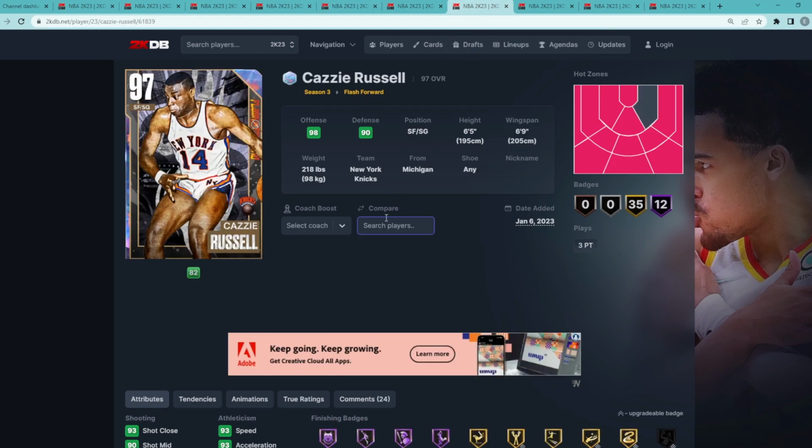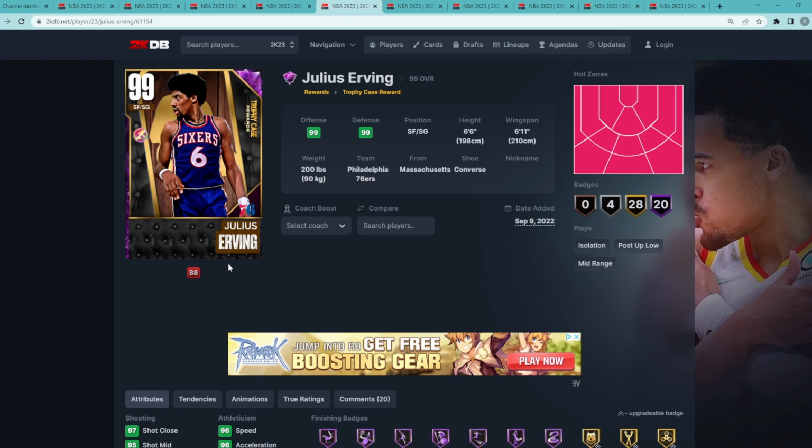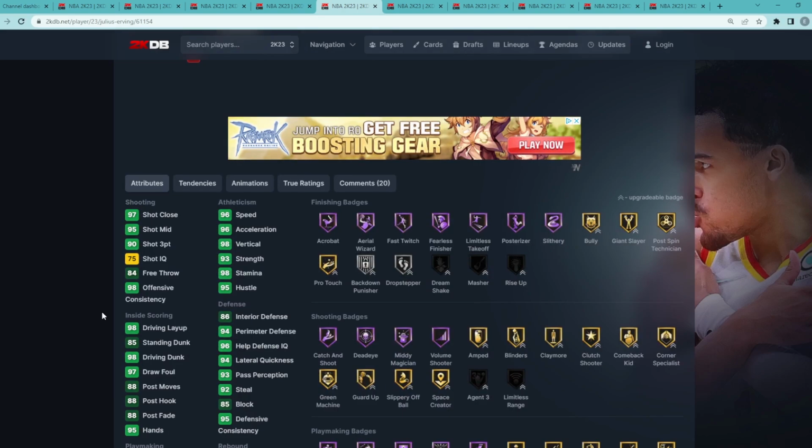I have Kazi at the number 7 spot, and then Dr. J at number 5. I used to think Kazi was better than Dr. J, but recently I've kind of changed my mind. I think overall Dr. J is the better shooting guard. He's 6'6" with a 6'11" wingspan, and he's probably going to be the most complete shooting guard in the game,